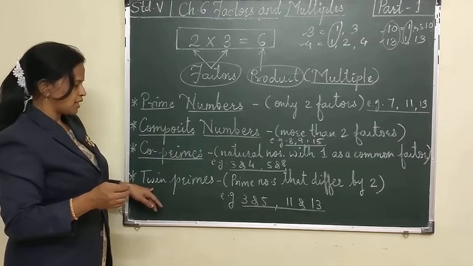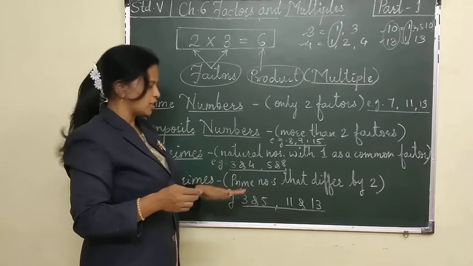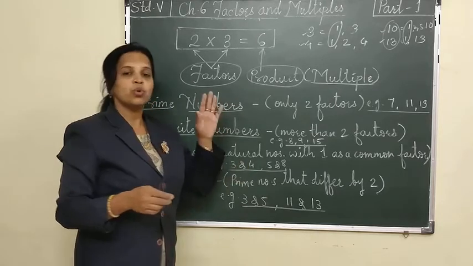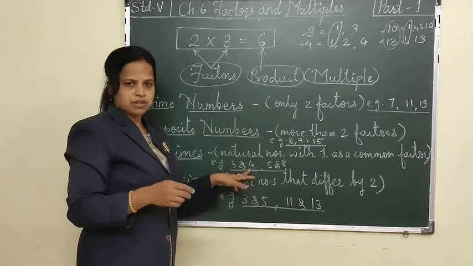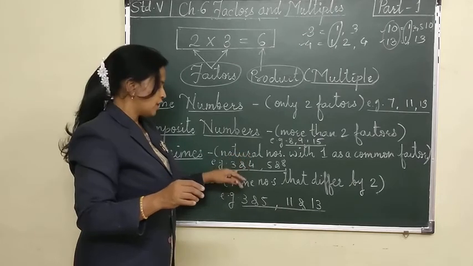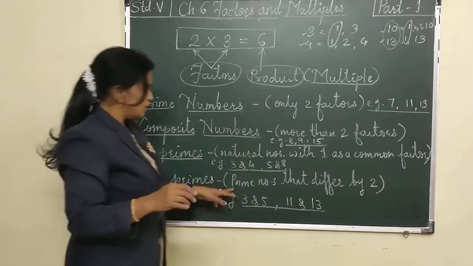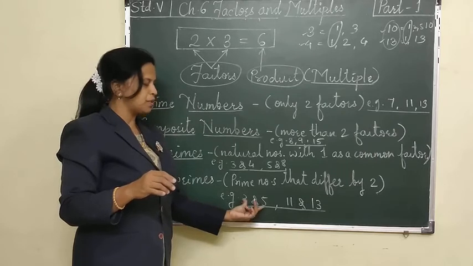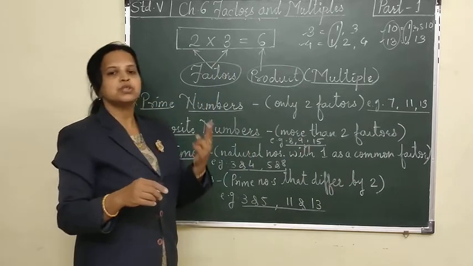Now twin primes, here prime numbers. These should be prime numbers. That is the first condition for twin primes. For co-primes it is not like that. It is not necessary; 3 is prime but 4 is composite. It is not compulsory that both numbers should be prime numbers. Here only there should be 1 as a common factor. But for twin primes, they should first be prime numbers. It is also a pair of numbers in which both should be prime numbers and they should differ by 2. The difference between these two numbers should be 2.